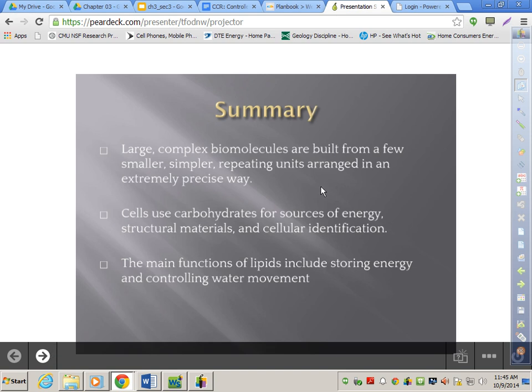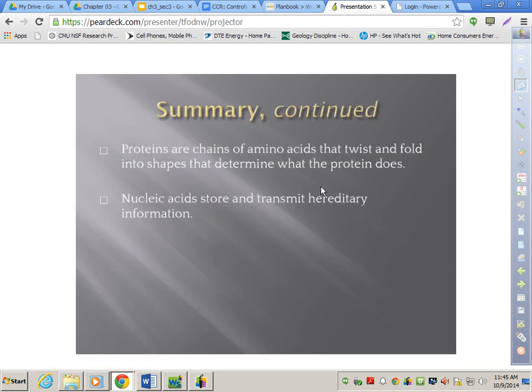And then proteins are chains of amino acids. Again, amino acids being the monomers of our polymer proteins. A large chain of amino acids is called a polypeptide. If it folds into a structure, we call it a protein. In nucleic acids, there's 2 basic types of polymers there, DNA and RNA, the monomers being nucleotides, and then, of course, the very important energy-storing ATP nucleotide. All right. We're good? So there's a review.